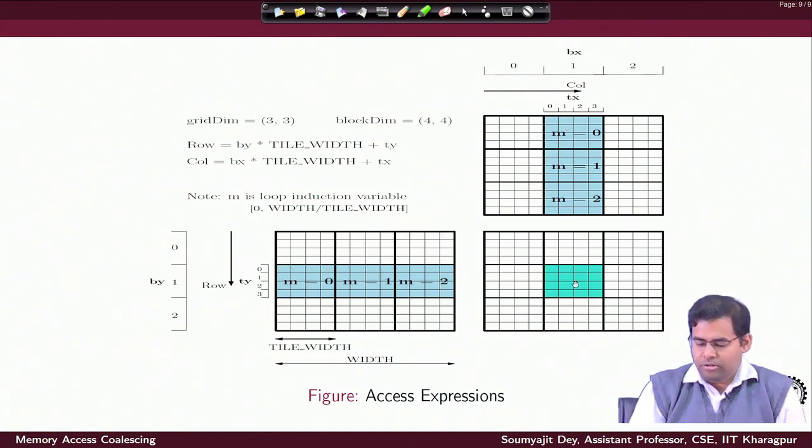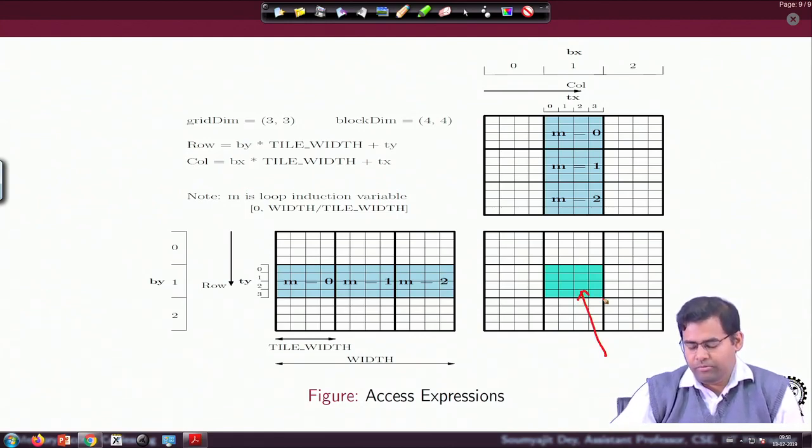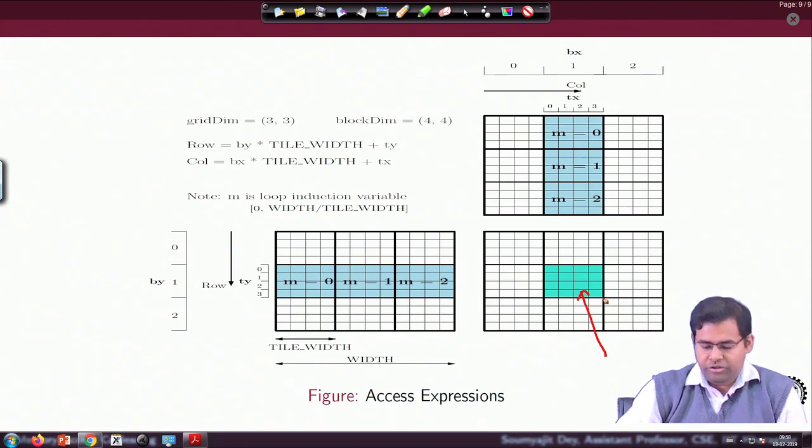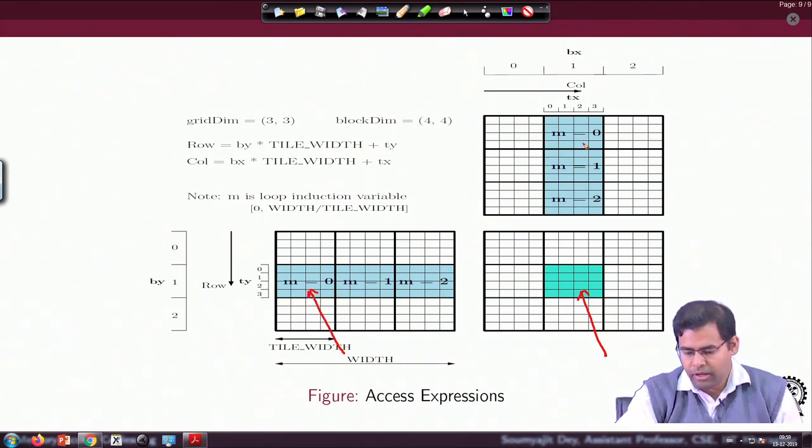So for this location, essentially what are the positions that this thread is going to access. So in the first phase of the load compute, it is going to access data from here and here.